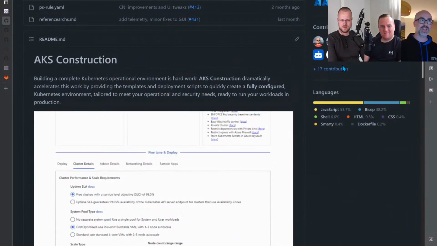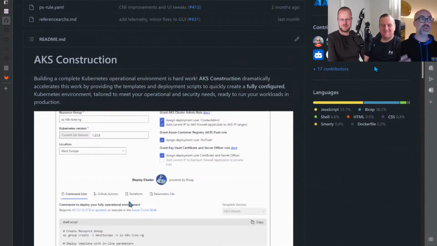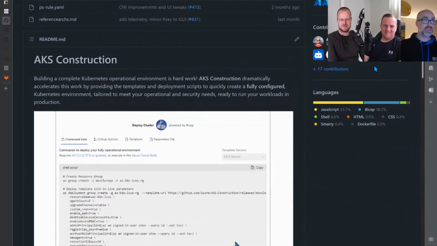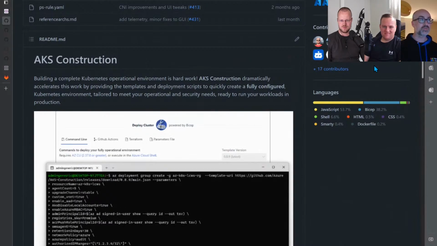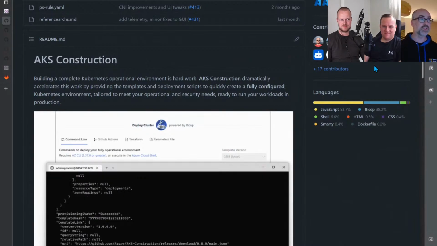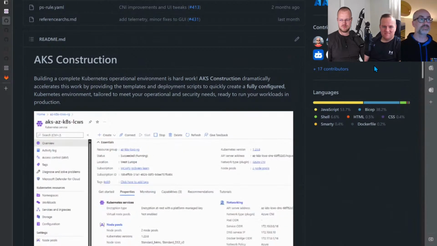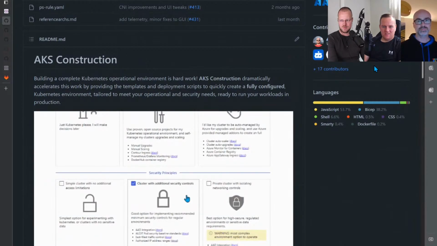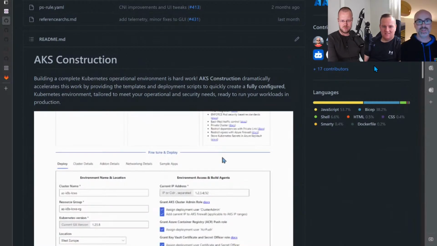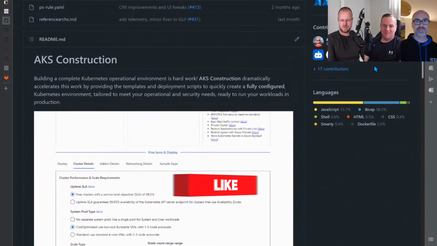So if we ever do another one of these, I want to check back and get some more faces in there, because that's what it's about. It's about a community project. This isn't just Microsoft dictating. This is for everyone, for partners, for customers, for everyone to put into. Awesome. Well, again, thanks for coming on, Gordon. It's great work, very in depth.